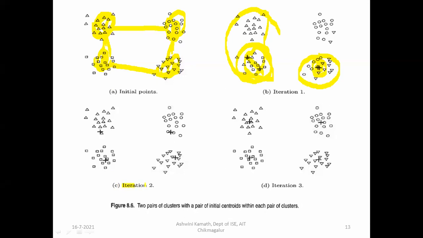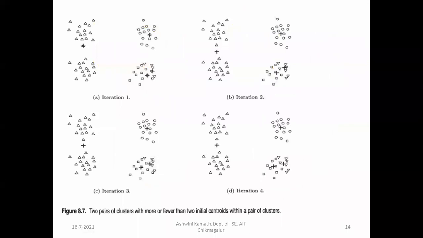then it will redistribute properly in the next iteration. Okay, in the second iteration you can notice that one point has moved here, right? Here also, two points were together, now it has moved here. So in the third iteration it is almost in the center of each cluster. Centroids are in the center of each cluster, so it is redistributed properly. It has divided into 4 clusters, right?